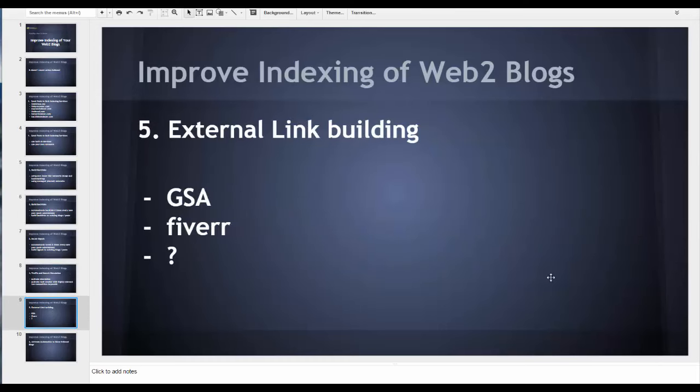And of course, external link building. It falls into building backlinks, but of course you don't need to limit yourself to only RankWyz and external link building. The number one that comes to mind is GSA. It's still the best mass link building tool out there, and you can master your own GSA. You can use outsourcers, there are a lot offering instances to run your projects. RankWyz has an integration with GSA, so you can automatically expose any tier in the form of RSS to be consumed by GSA. You can run almost on autopilot, building backlinks,